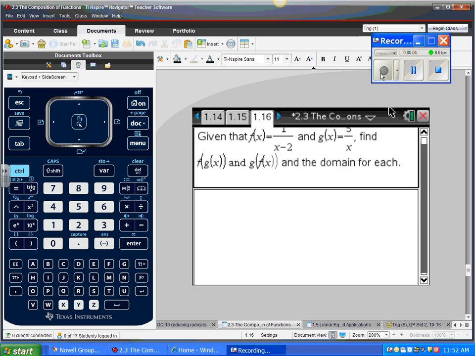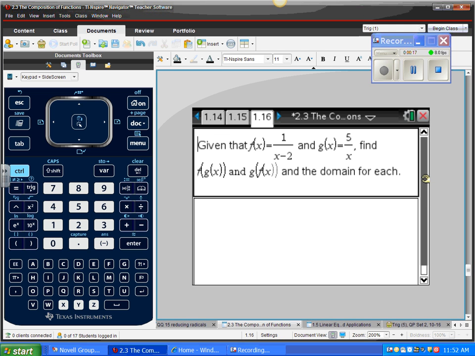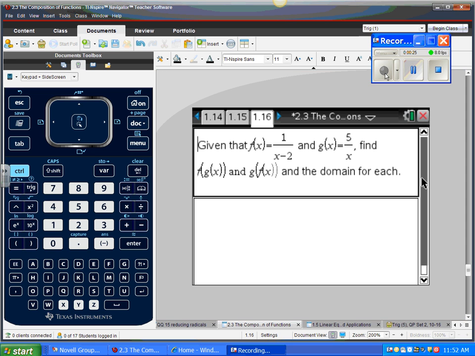This is where we left off for lesson 2.3, where we were talking about composition of functions and then finding the domain. Now, we did page 1.16, but I needed to go back and take a second look at this on finding the domain of the second function, g of f of x. We found g of f of x